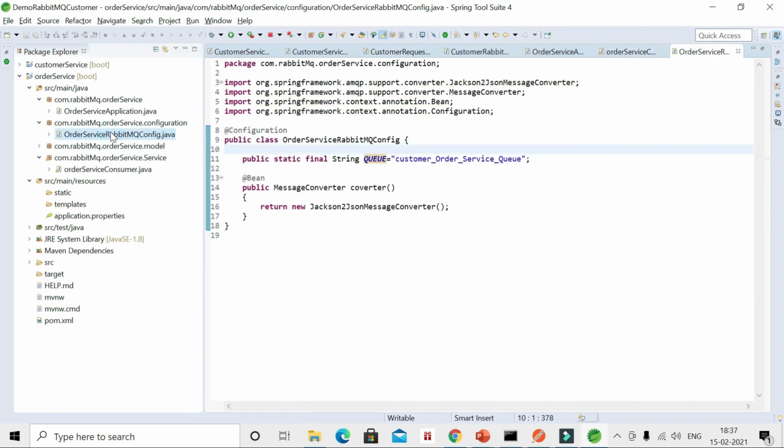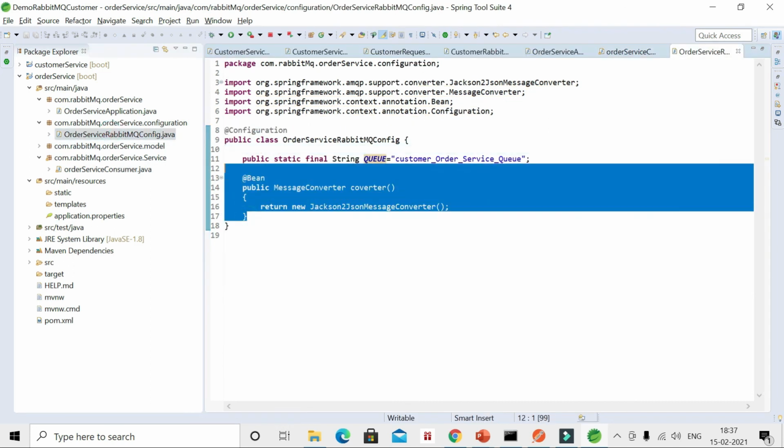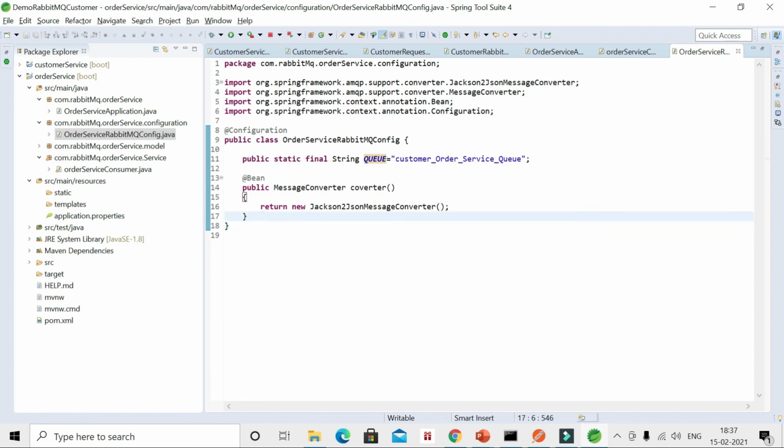We have a configuration class which converts the request, or message, to JSON. Hope you understood this. In the next video we will continue this practice, and cover some other things to understand in RabbitMQ.